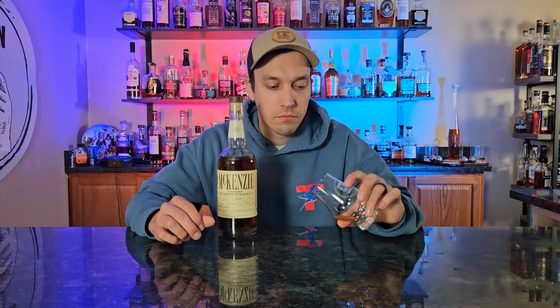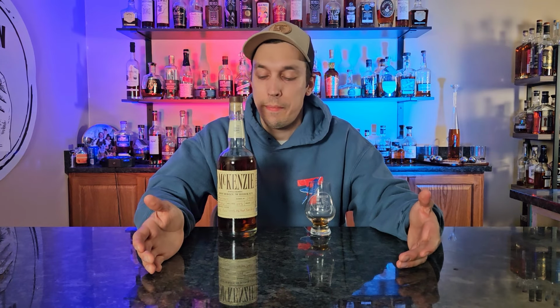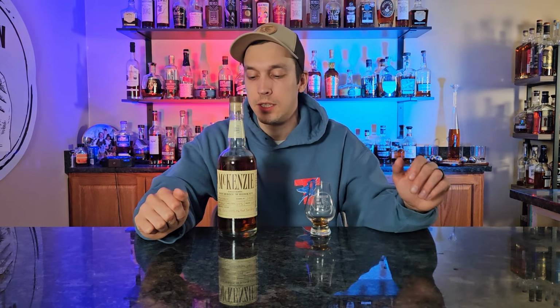And last but not least, we've got to talk about price on this. When most people do barrel picks, you're talking, I don't know, 75, 80 bucks, especially for something that's 6 years old. Now, I don't know what these originally sell for coming from McKenzie. I didn't even look it up, or Finger Lakes Distillery, my apologies. I didn't even look up what their regular offerings cost, but 55 bucks in this day and age when it comes to a 6-year-old bourbon, I feel like that's not a bad price at all, especially from a craft